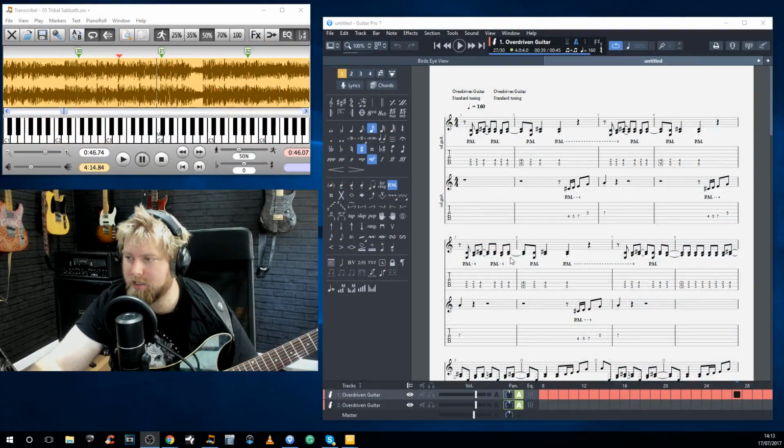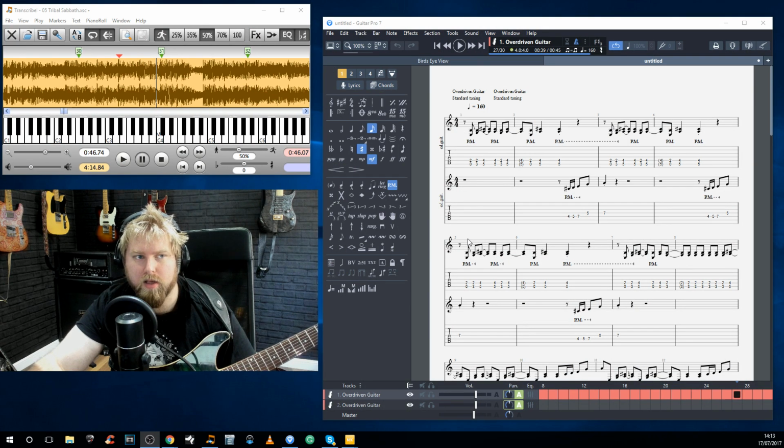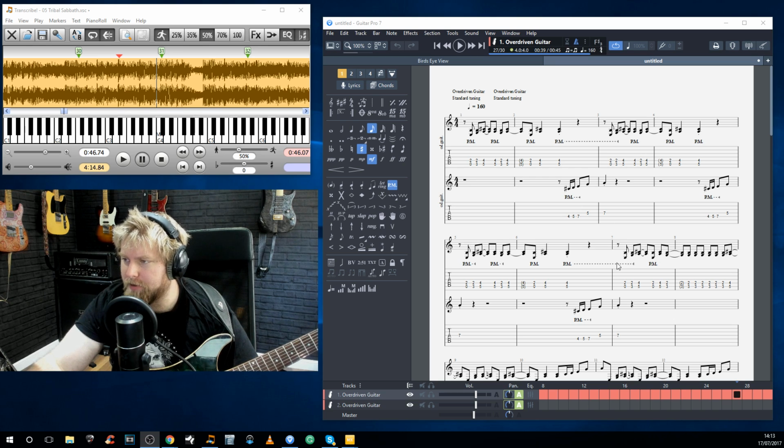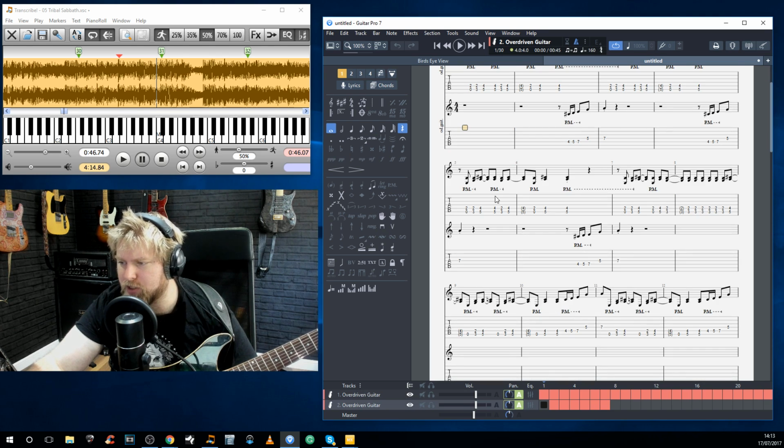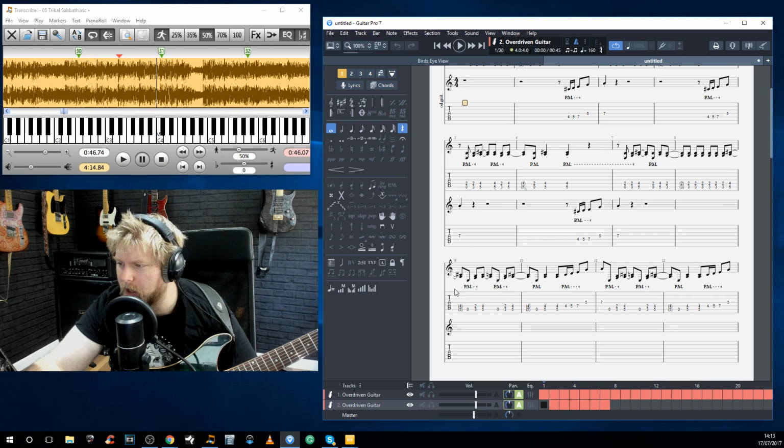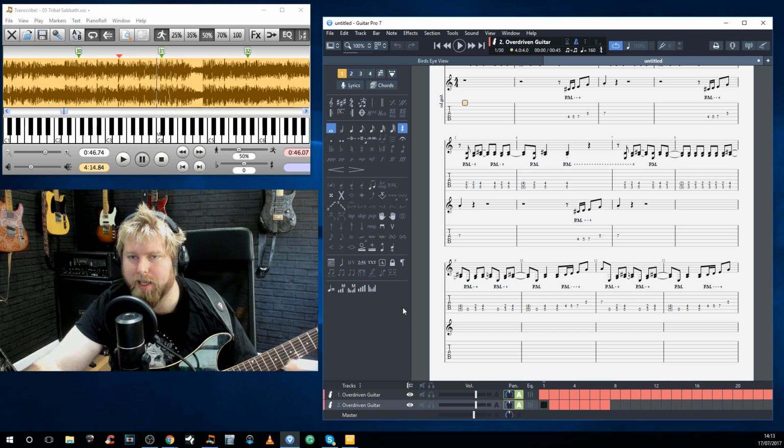Okay, so here's a job that I'm working on for a client. Nice guy wants me to transcribe his entire album. It's a lot of work, and he wants to print this stuff. Great, cool. So obviously still need to work on layout stuff. In fact, there's a lot of work that needs to go into this. But let's address the issues, shall we? We're just looking through the piece here, and I'm looking at the notation, because the tab obviously works fine, but if it doesn't display correctly in the notation, it makes you look like a fucking amateur.